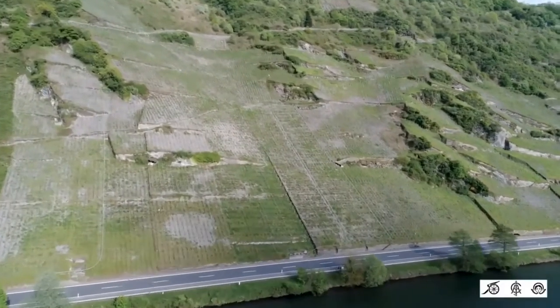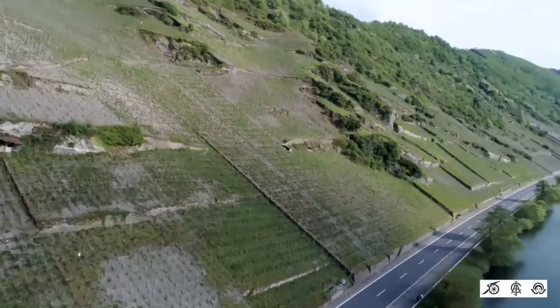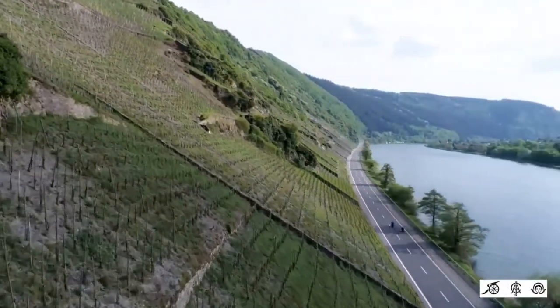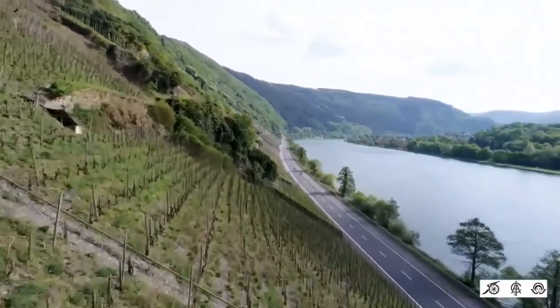I think you can see very well how steep it is, and that it is not easy to work on. So we are a 100% handwork winery, so we have no machines to work. And here we are in the Ellergrub, for example,